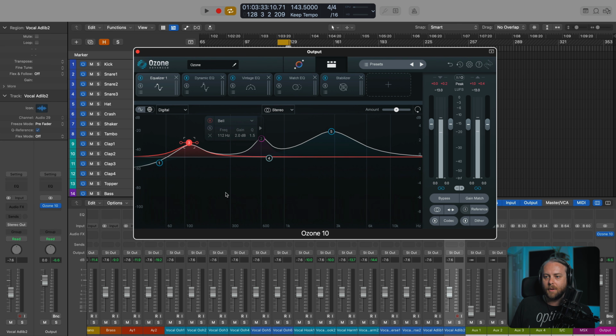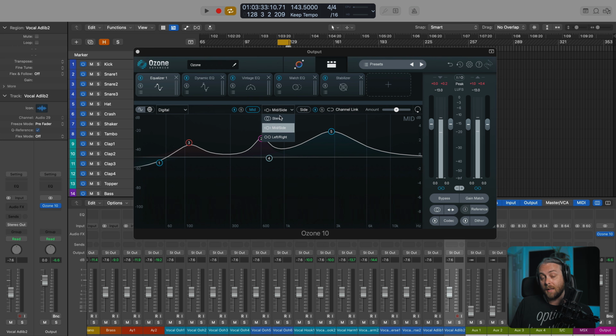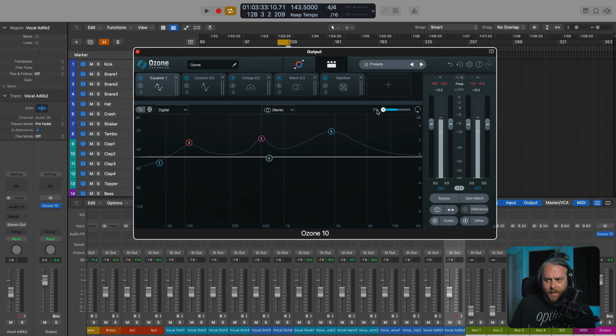So that's something else to note as well. We also have stereo and mid-side and left and right. This is one of the only plugins that iZotope makes actually that lets you get this level of mid-side left-right control. We also have an amount slider, which we talked about. We can scale almost like a wet dry or EQ moves, and we don't stop at 100. We can go all the way to 200. Do some really extreme moves here so you can scale things to your liking.